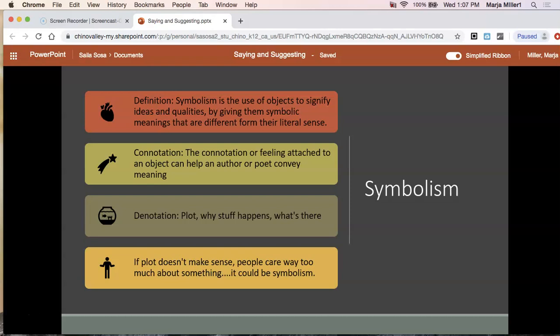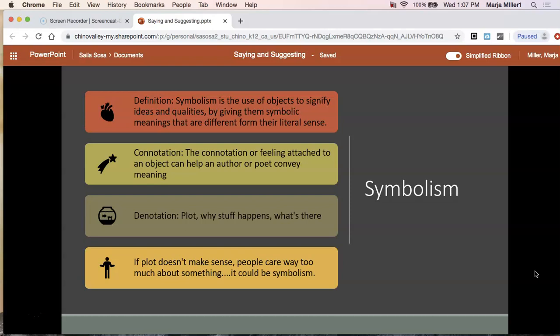But there's a second type of symbolism that will be more helpful when you're interpreting, along with connotation and denotation. It's stuff that can be interpreted many different ways. It's actually part of the definition of symbolism that you don't have the same interpretation of it. Sometimes authors can be really, really vague, and as you go further into higher level literature, they're probably going to get more vague.